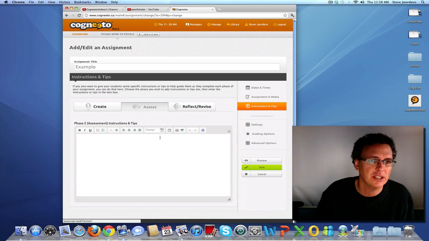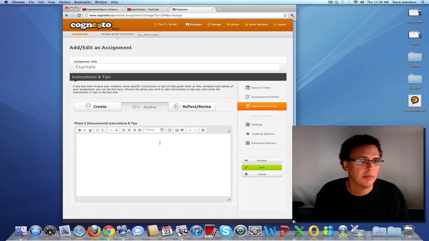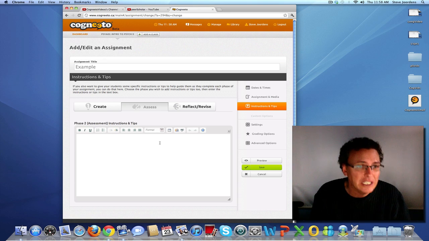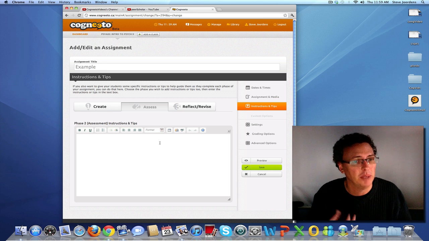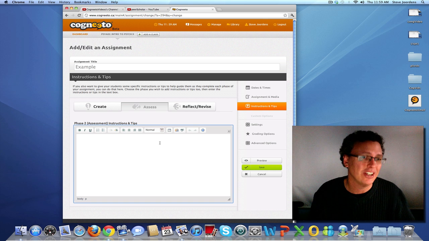Whereas here in the assess phase, now you might have instructions that say, when you go in the next step, you're going to see some of the compositions submitted by your peers. I would like you to read each composition through, decide which one you think is better than which and why, and then capture that feeling in terms of a rating and maybe a positive comment and a constructive comment. So you can literally, again, lay out here exactly what you want students to do when they're in this phase,